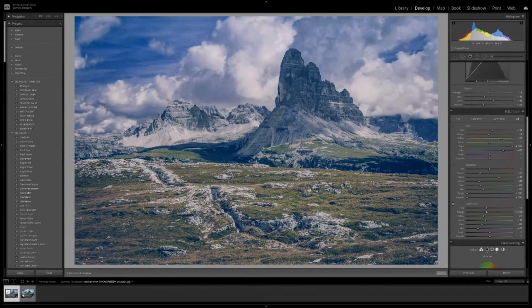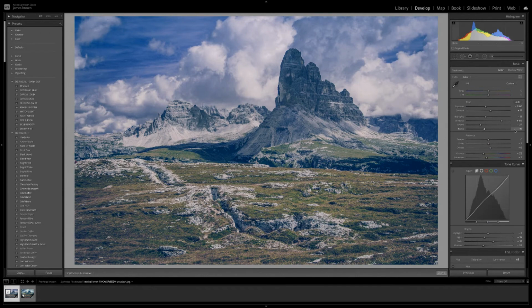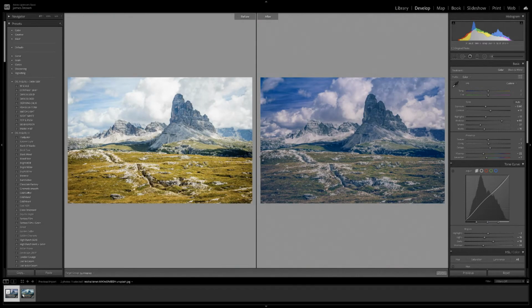So I think it's about there. Yeah, something like that. Okay, so if we look, there you go. There's a before and after. So that is my edit. That's kind of what I would do with regards to